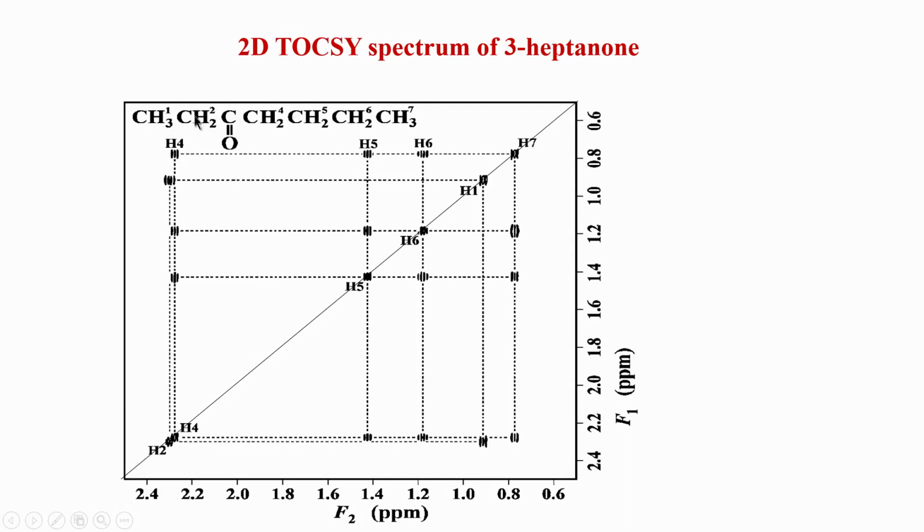So, this is one spin system consisting of 2 and 3. You can say this is one family or one set of spins, and this is another set which is coupled to each other in a family. So, there are 2 spin systems in the same molecule. Therefore, one should be very careful and not assume that a spin system means one entire molecule. A spin system basically is a set of spins within a molecule which are coupled. So, in a given molecule you may have more than one different spin system.